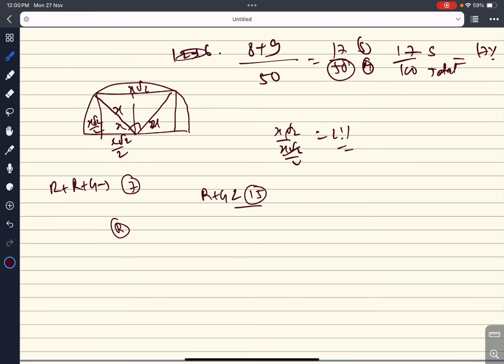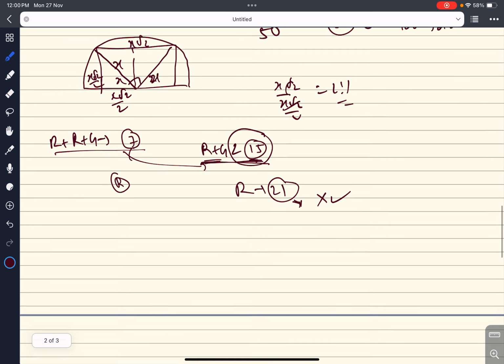So in this question, what we have to do is take r plus g equal to 15. So in this case we have to take that and then solve. In that case, for Rakshita the answer obtained was 21 days. But we know that since this is less than 15, 21 won't be possible. So for that reason this answer was wrong. So 21 was the answer, I mean.